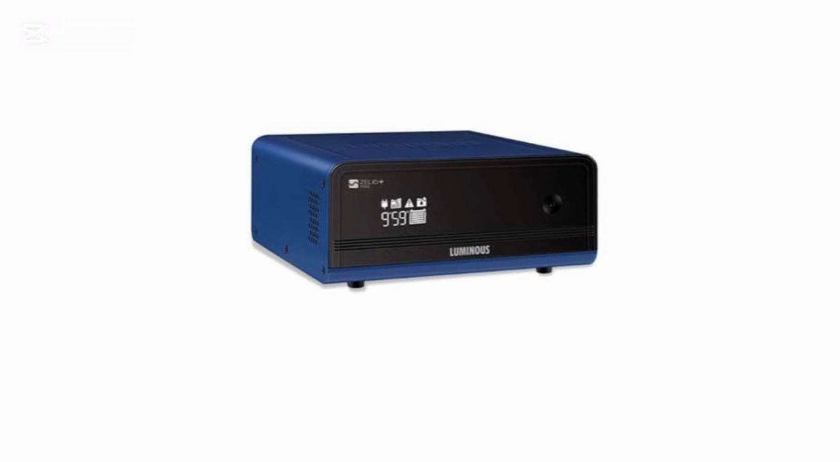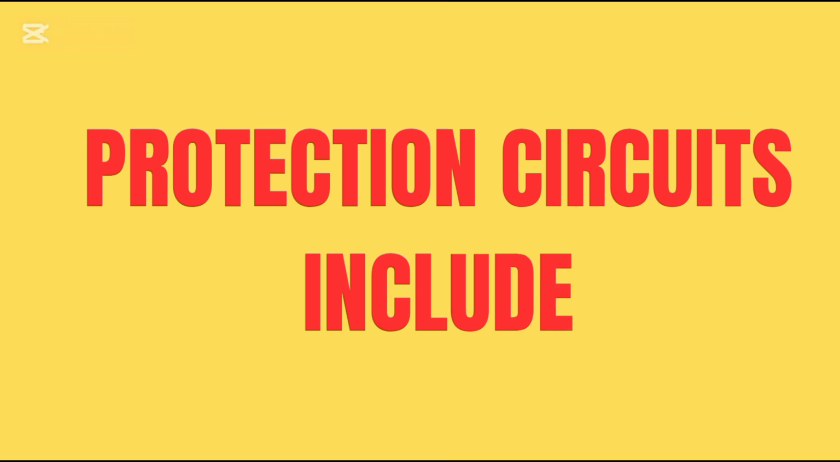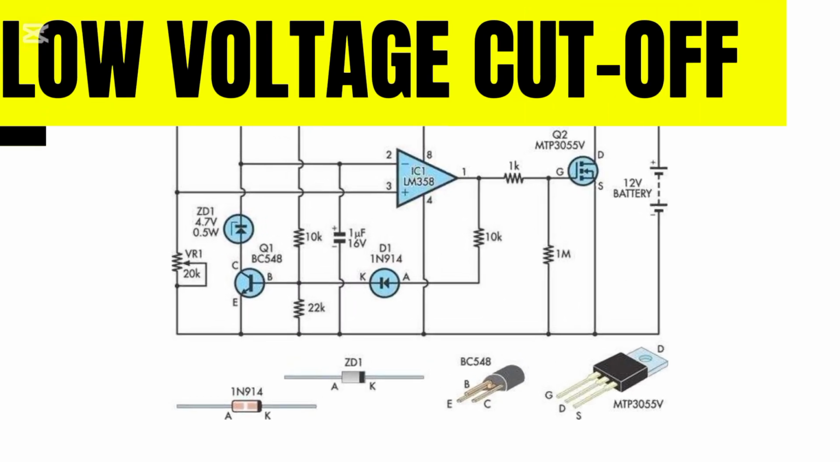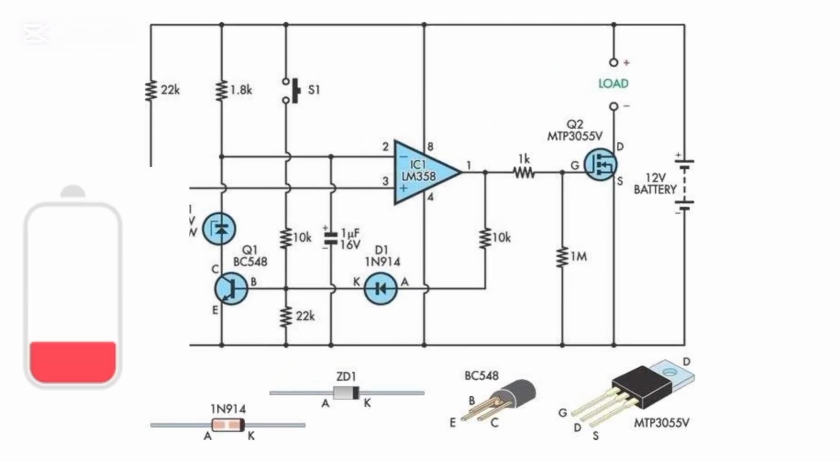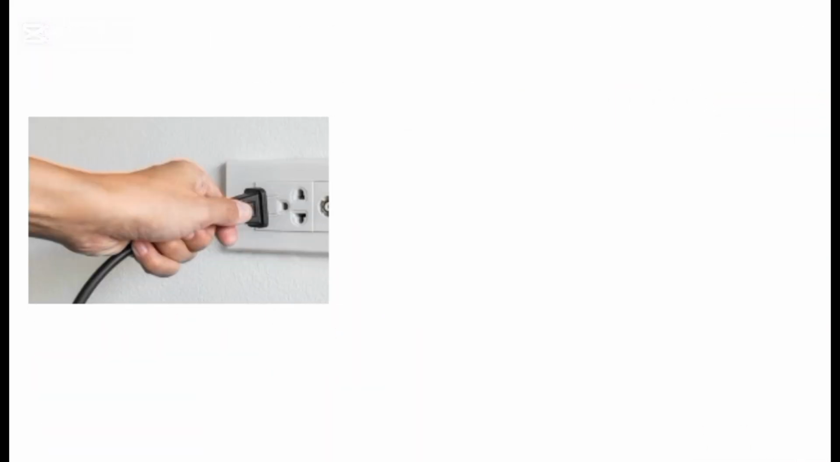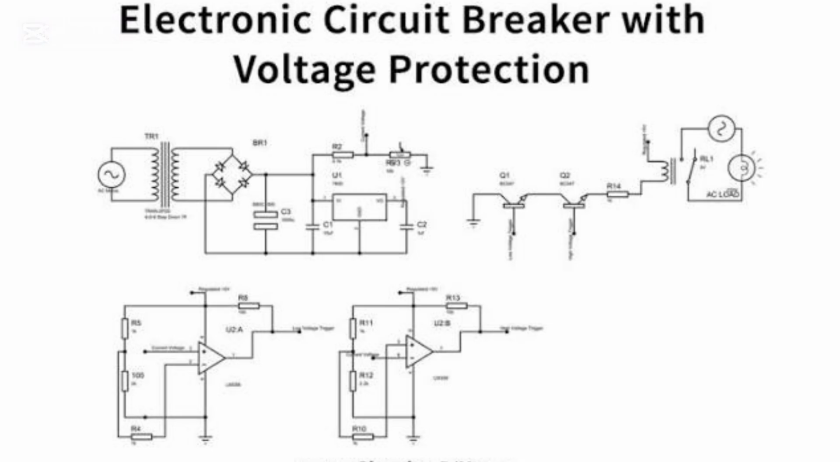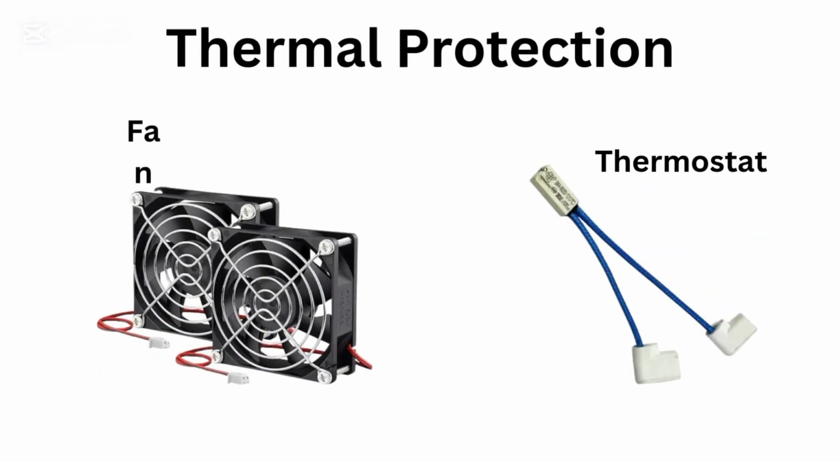Protection is a critical part of any inverter. Without it, even the best design can fail quickly. Some of the key protection circuits include low voltage cutoff. When the battery voltage drops too low, the inverter shuts down to prevent over-discharging and permanent battery damage. Overload protection. If you plug in more appliances than the inverter is rated for, the circuit senses the excess current and shuts down or reduces output to protect the MOSFETs and transformer. Short circuit protection. In case of a direct short at the output, the inverter instantly cuts off power to prevent catastrophic damage. Thermal protection. Temperature sensors on the heatsink monitor how